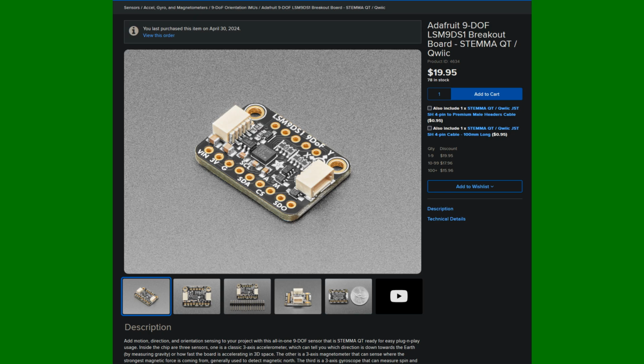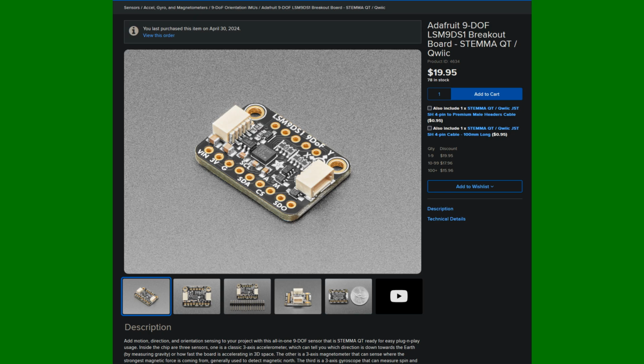You don't have to go this route. You already have a 6 axis. You have the accelerometer and the gyroscope already. But if you wanted to simplify it and only have just this one sensor, that would be a route to go. If you want, you can also look at magnetometers on here.